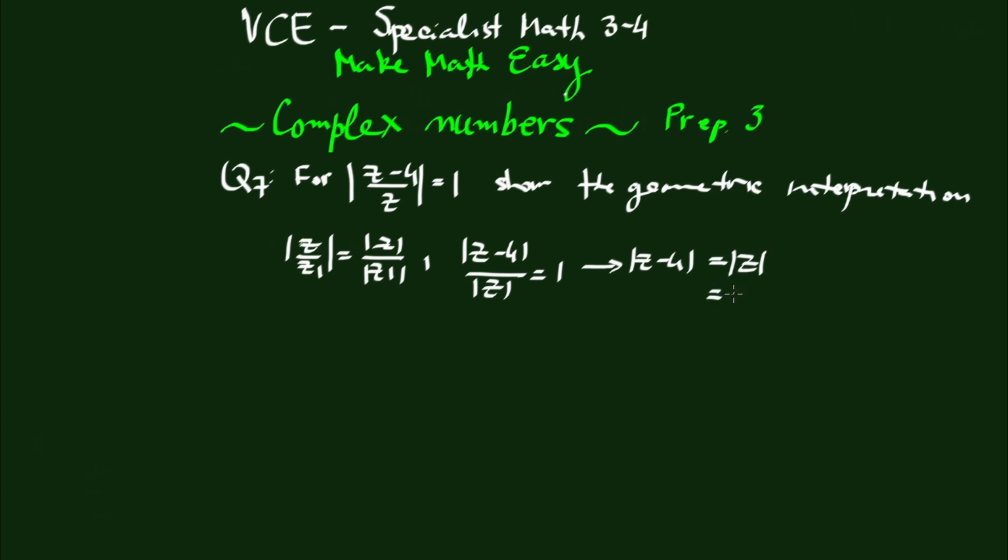So this z we can write as z minus 0, and z minus 4. If you look at our previous example, that tells us the locus of points equally distant from 4 and 0. So graphically,